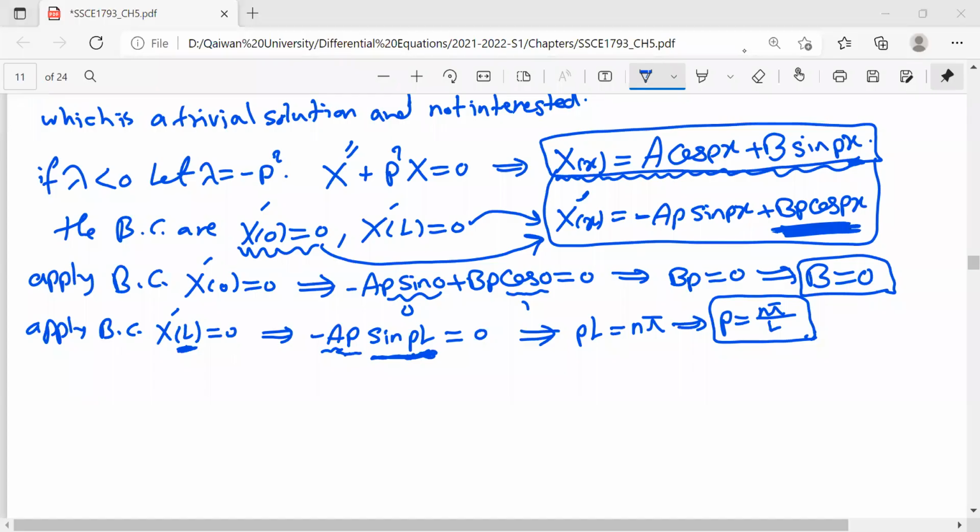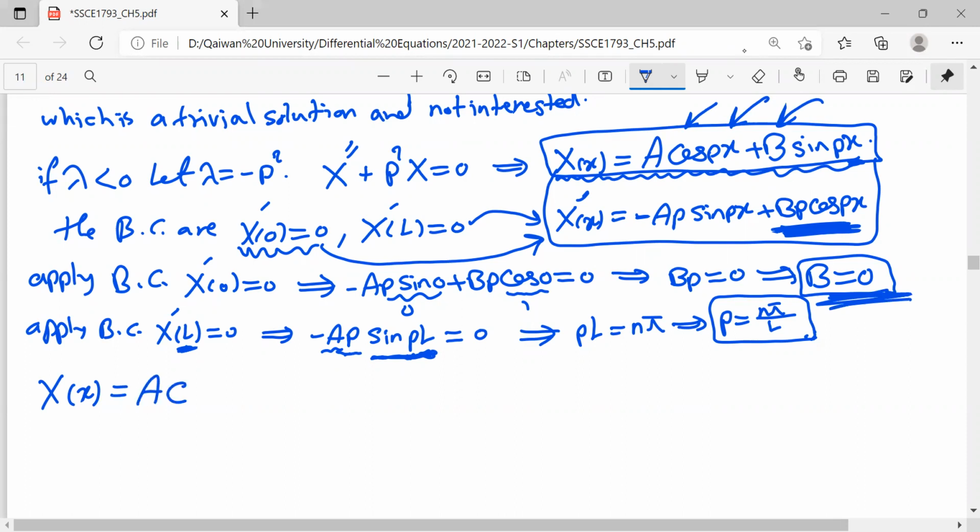So p is n pi over L. So X of x, in this one, B is 0. We found that B is 0, but A is not 0. X of x equals, you replace p by n pi over L,